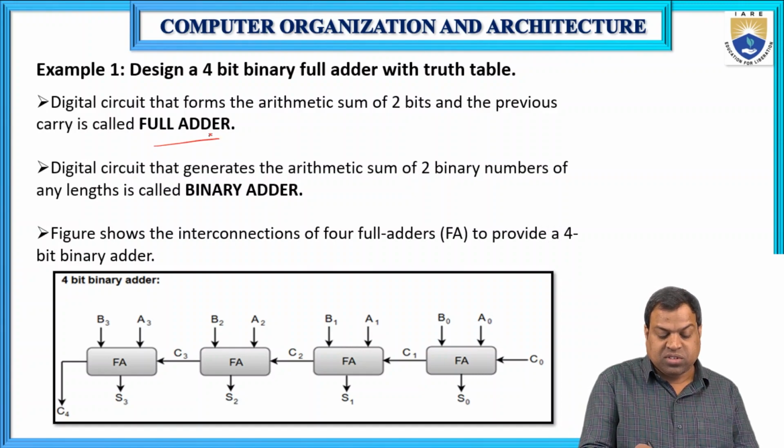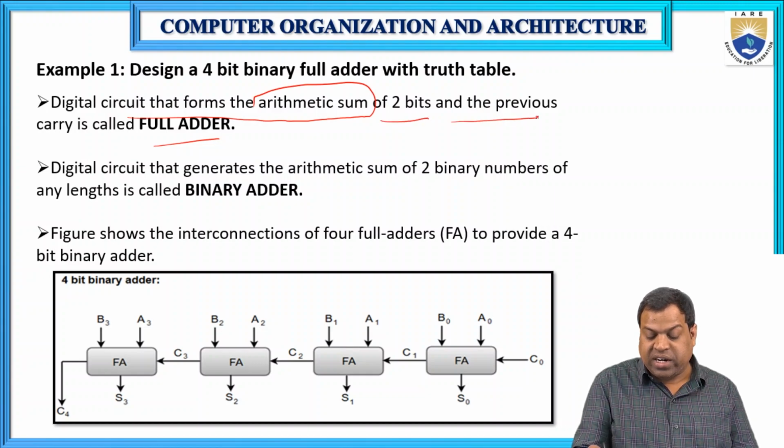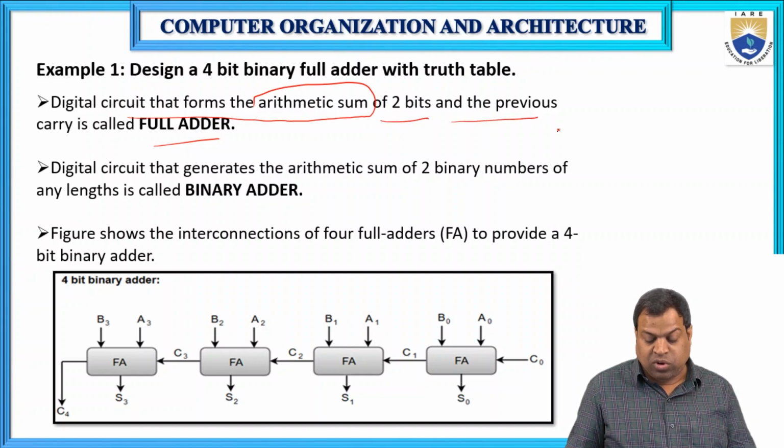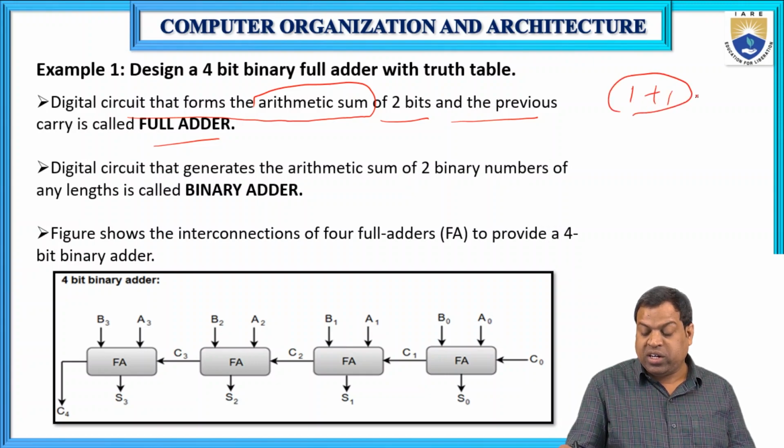So full adder means the arithmetic sum of 2 bits and the previous carry is called the full adder. So 1 plus 1, for example, what is the value? And for the previous, is there any carry being added? Yes, the carry is being added. Suppose I am going for 1 0, 1 0,